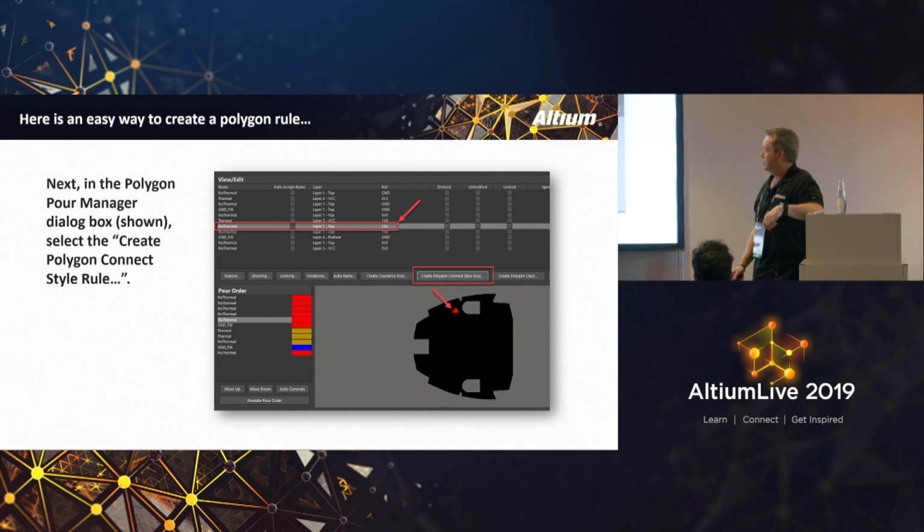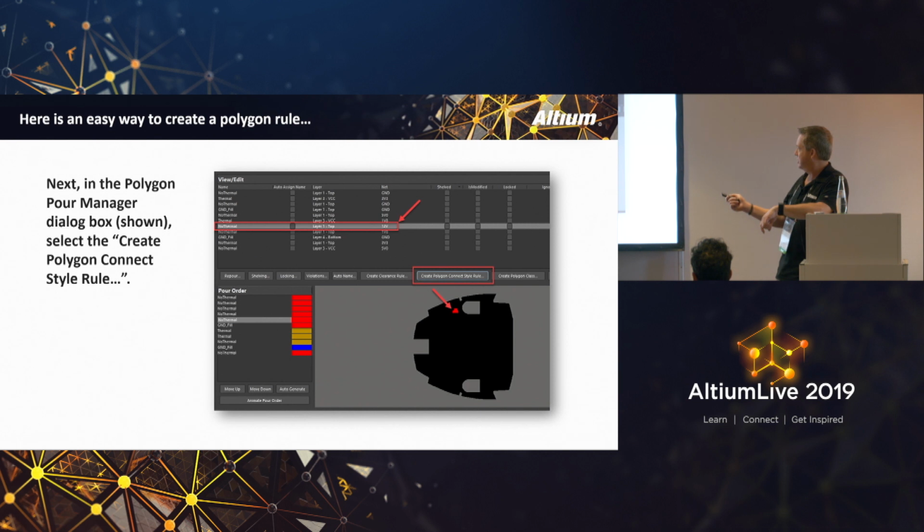Now, I want to talk about the Polygon Manager, because here's where it can save you some time and assist you with creating these rules again. I might have put this slide before the others to just show you how to create that rule, but without knowing the syntax, you come into your Polygon Manager here, and you have these 3 buttons. Now, in version 19, there's an additional button included in that as well, which I'll talk about, but it's not created in this slide. First of all, I select any of my polygons that have the no thermal name, and